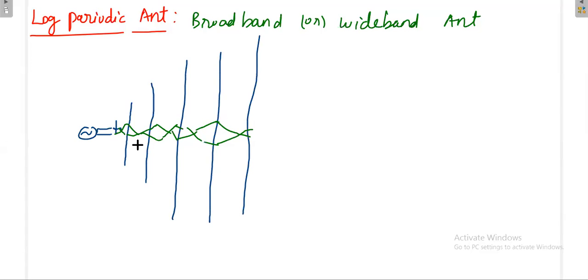Now what is this one? This is like one conductor. I am taking another conductor, where the length is high and again high, high and high. Then what is the meaning? Say you are giving some frequency. For that frequency, this antenna may be radiating. This is my F1. Now what will happen when I increase my frequency, if I choose a frequency that is greater than F1?